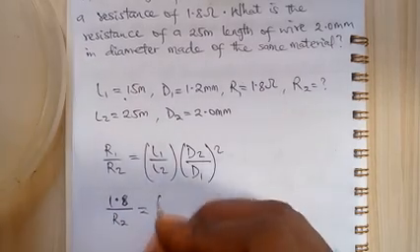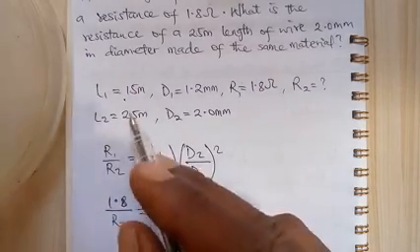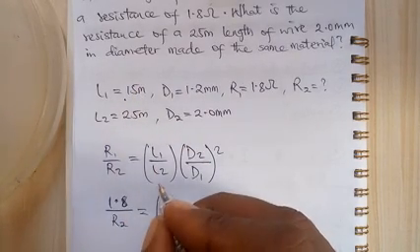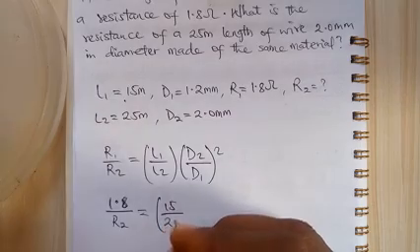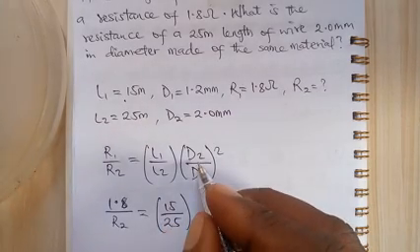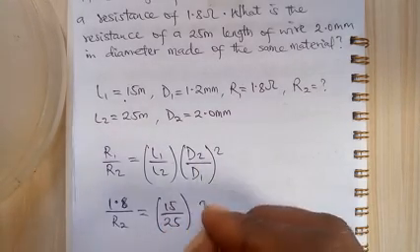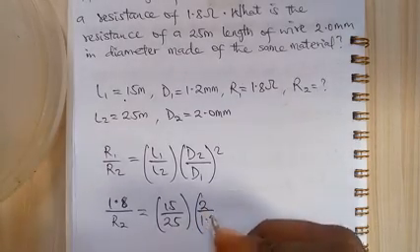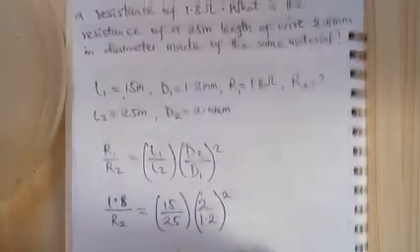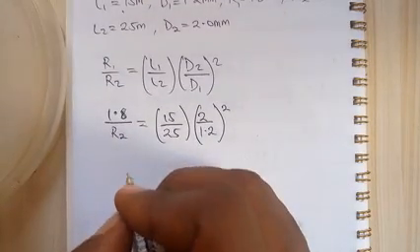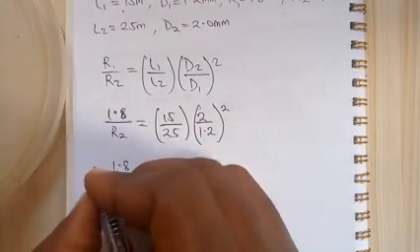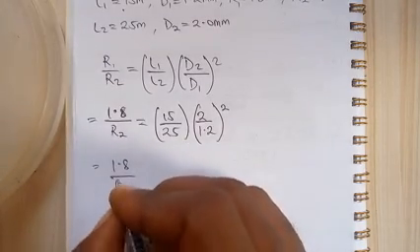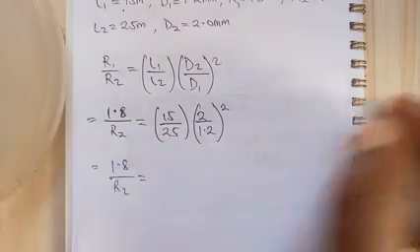L1 is 15 meters, L2 is 25, times D2 is 2 over D1 is 1.2, all squared. So we have 1.8 divided by R2 is equal to